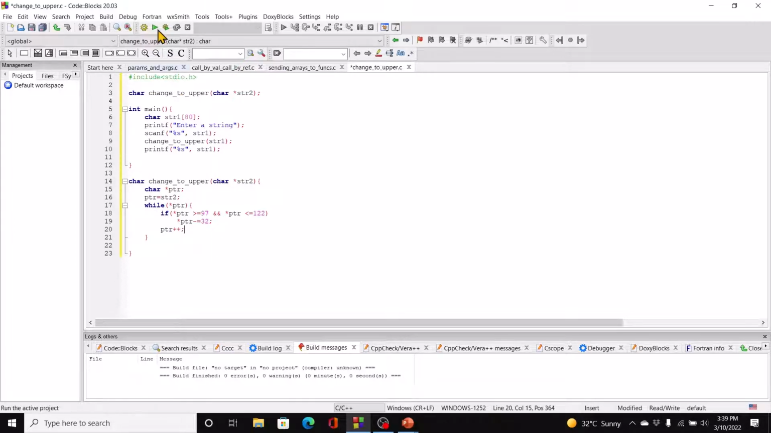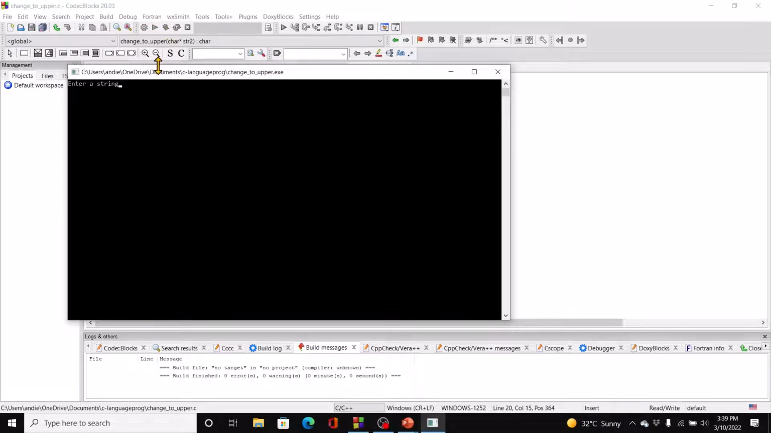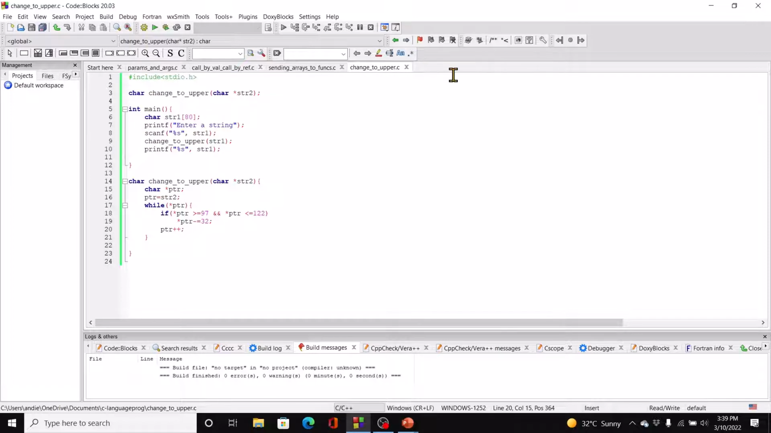So now let's run this. Enter a string, let's say apples, and you can see that's printed out in uppercase. Right, moving on